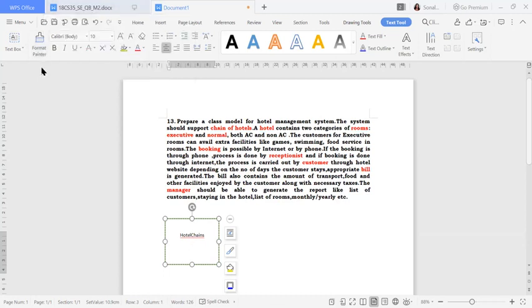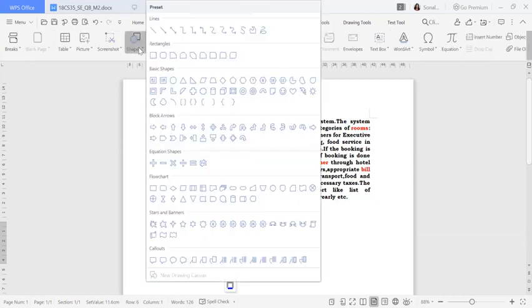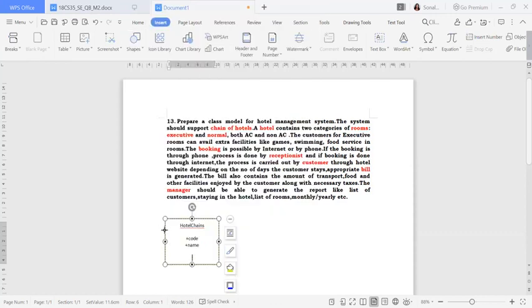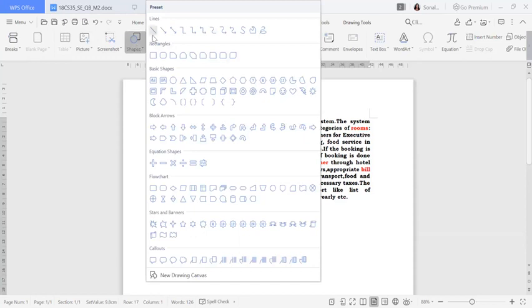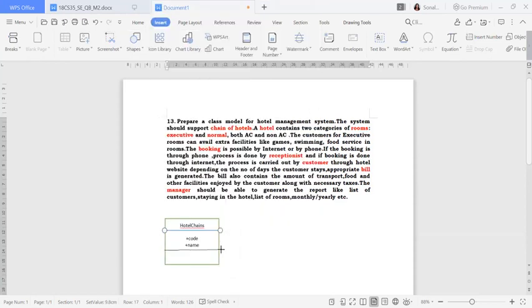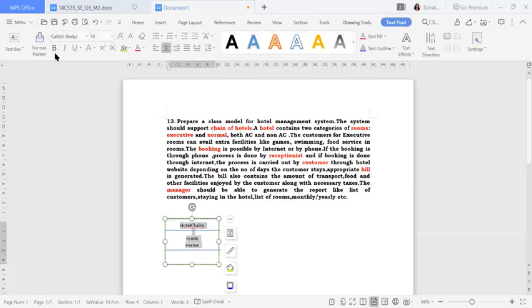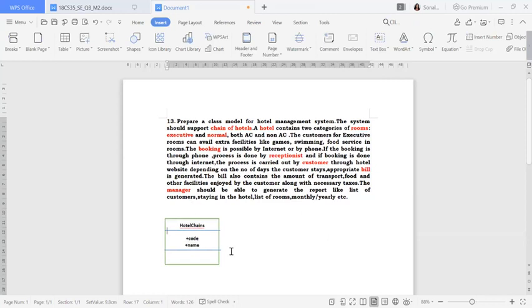So if I want to write any attribute names, I'll write some code, like the name of the hotel, place, address code. Okay, and if you want to add any function names, you can do that also. So I'll just separate this. This is my class name, and next, below it, you can add your function names. Okay, that is your choice. So I'll give this one a little bigger size. Okay, so I think you can see now.